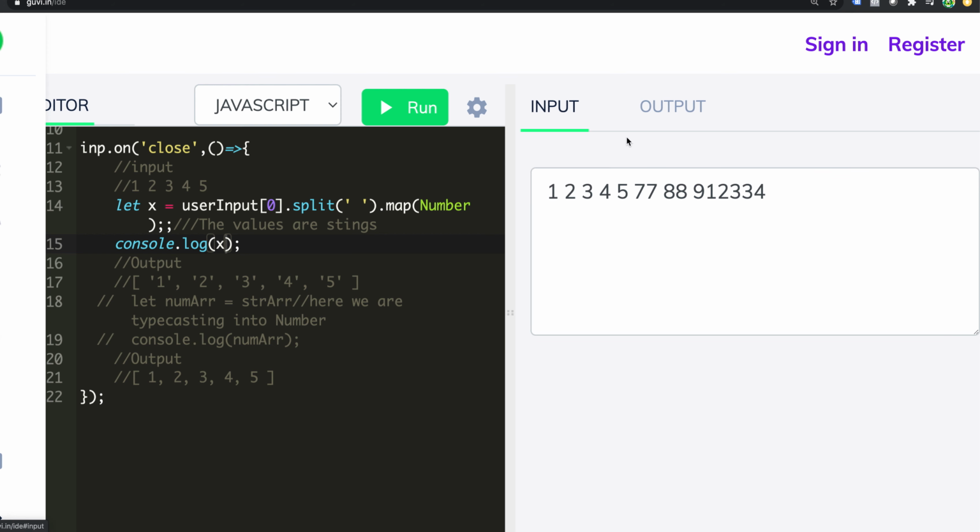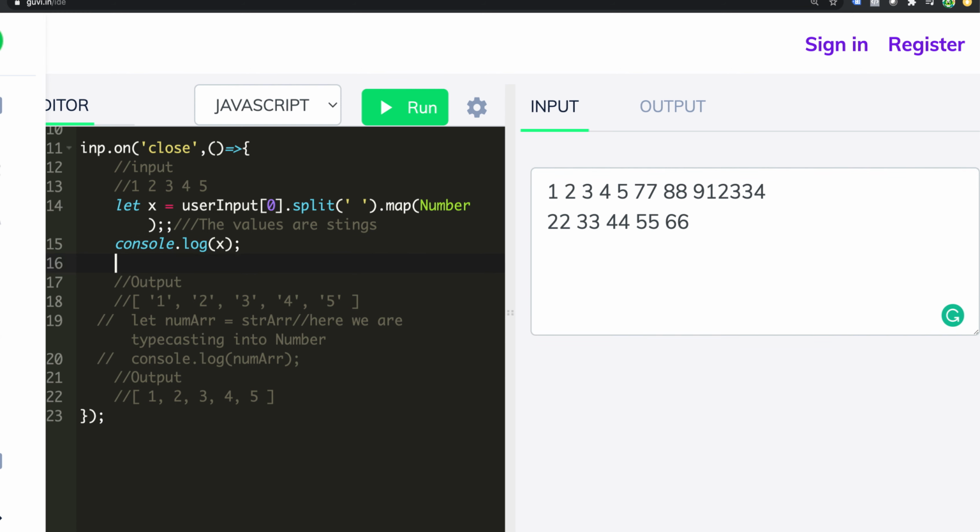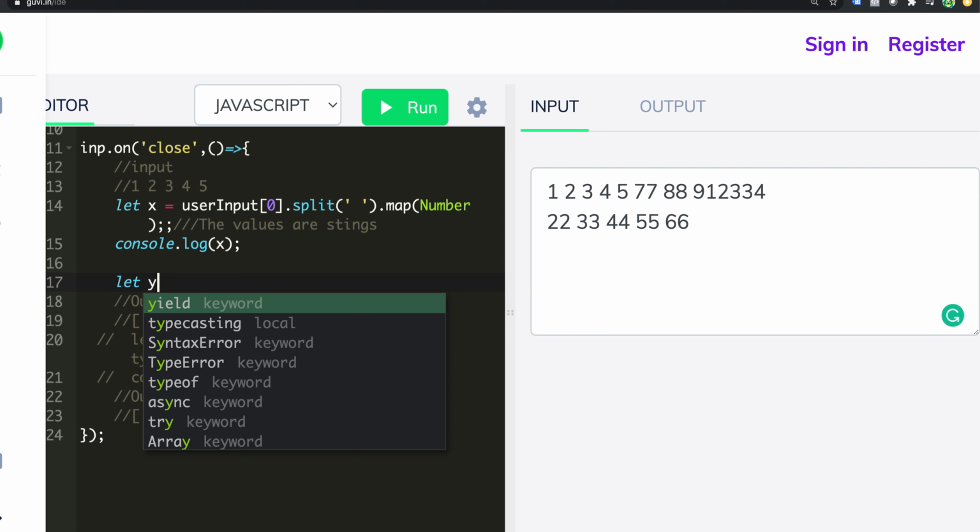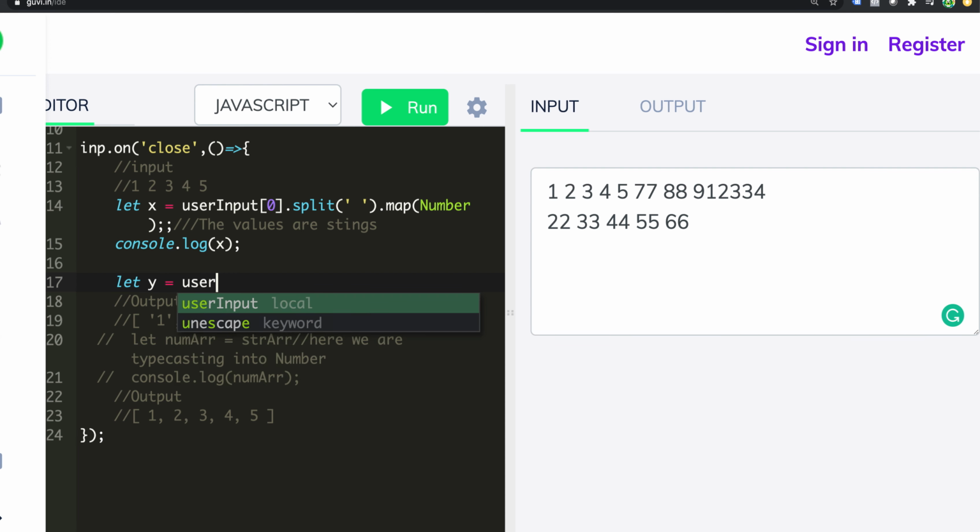So let's extend the same thing for two lines. For example, the second line has these numbers. How should I do it? I have to declare a variable first. Let y equal to user input of 1. I said user input of 0 is the first one, user input of 1 dot split. And I have to split based on space.